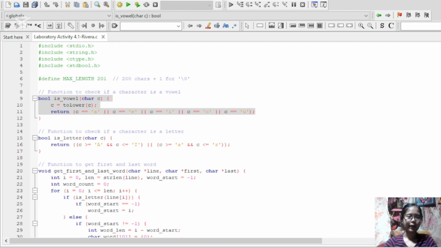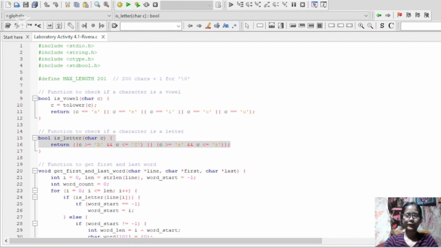This next line is the function to check if a character is a letter. It checks if the character is an English letter, so punctuation, digits, etc. don't count. Only A to Z or small a to z.